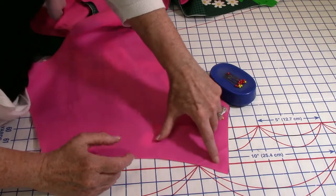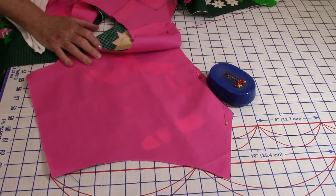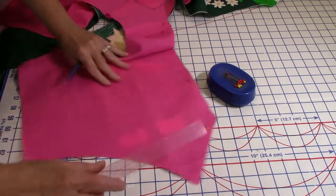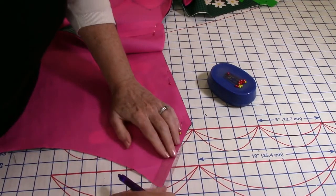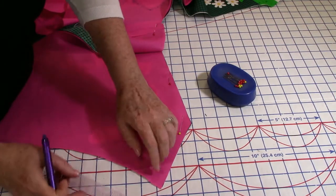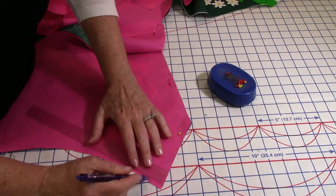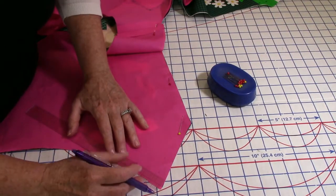Giving myself a pivot point here with the friction pen. I'll find the 5/8 like this, go down. I'm actually gonna go off this green part right here. I can see through it. And then,